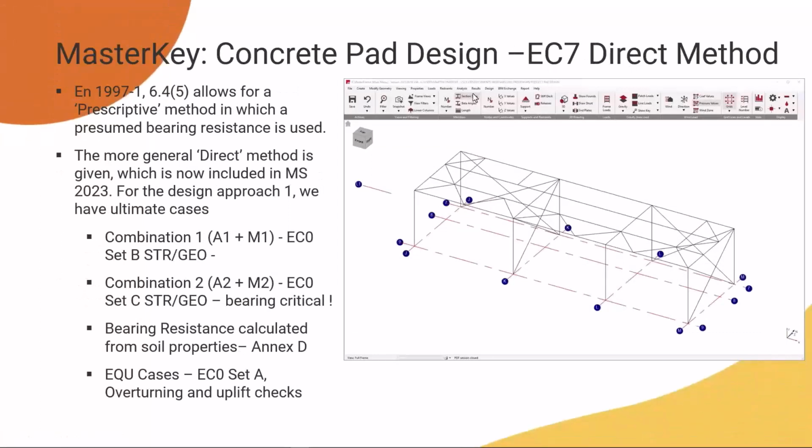Okay, keeping the pace up. Next up, we've got Master Key Concrete Pad Foundation Design and a new feature for the Eurocode 7 direct method design approach. Now, up until this point, we've been using EN 1997 Part 1, Clause 6.4, Paragraph 5, which allows for something called a prescriptive method, which is really more along the lines of the ways in which pad foundations were traditionally designed. And a presumed bearing resistance is used to design the pad foundation,